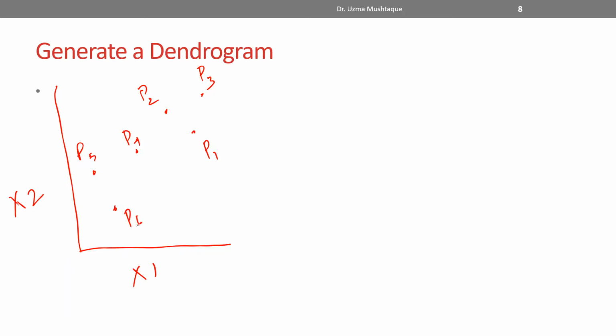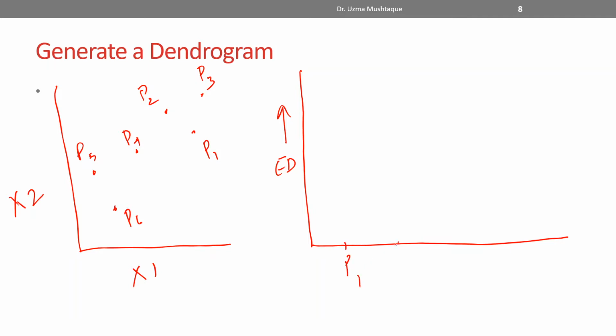Okay, so I begin with my step 1, which is to see which 2 points are closest, or think about it as the points that are nearest to one another. So I can plot it on a graph, right? Let's say this is the Euclidean distance, and these are the points here. So let me say this is P1, P2, P3, P4, and they have to be equidistant. Obviously my drawing is not as good, but this is it.